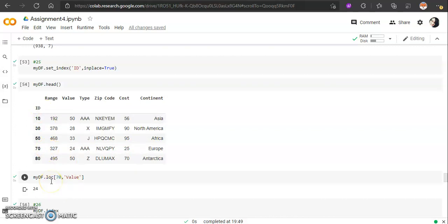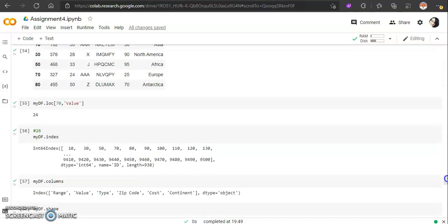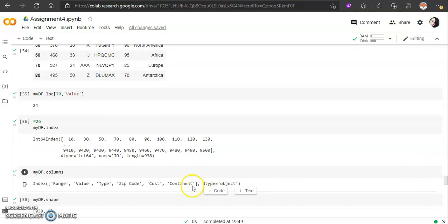And then with the loc method and with this command, find the value that has a 70 ID, inside the value column, and then